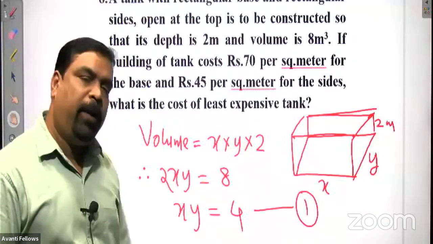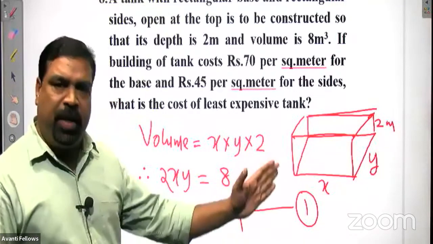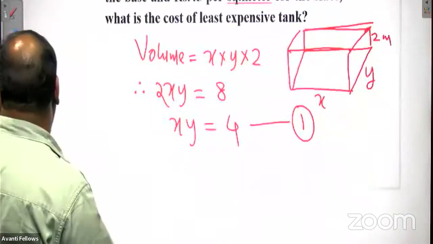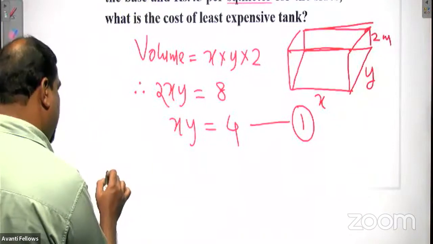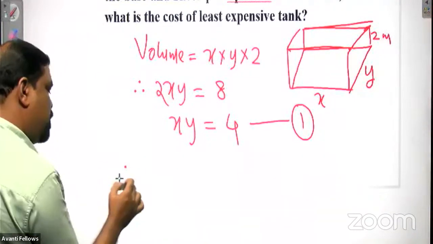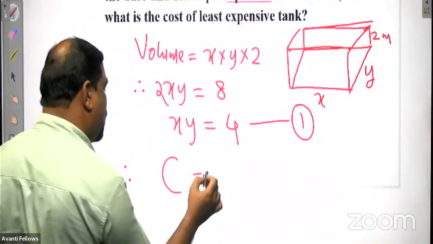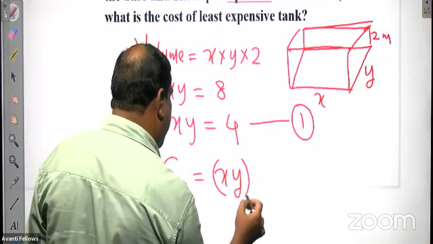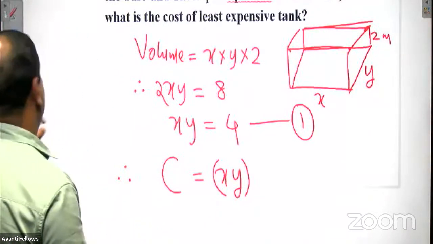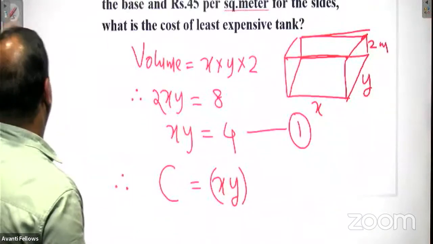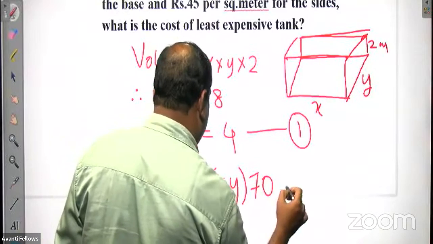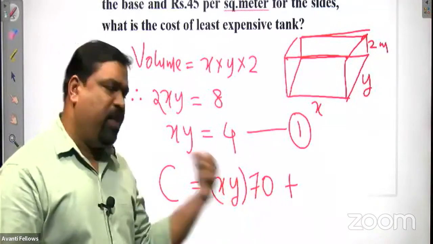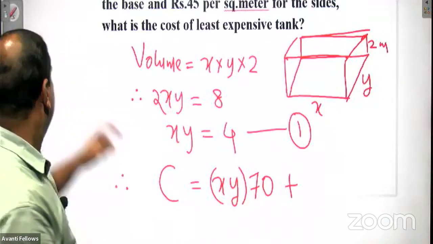So what is the base area actually? The base area is x into y. So that means the cost for making the base, I will take the cost as C. Cost of making the box, let me take it as C. So C is equal to the base area x into y multiplied by 70. So this is the cost of making the base only, x into y into 70, plus the other expense,